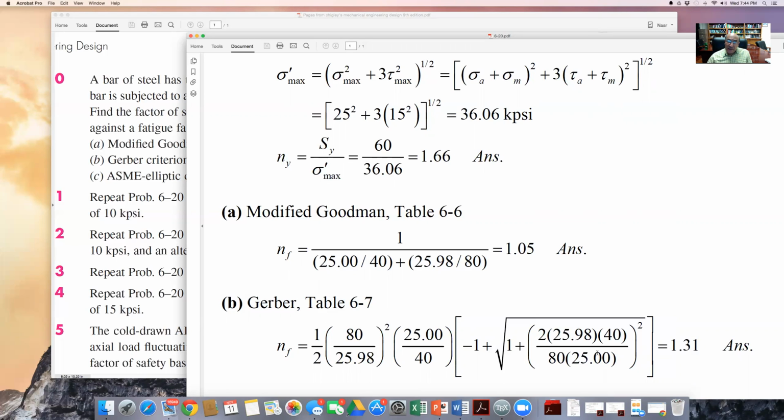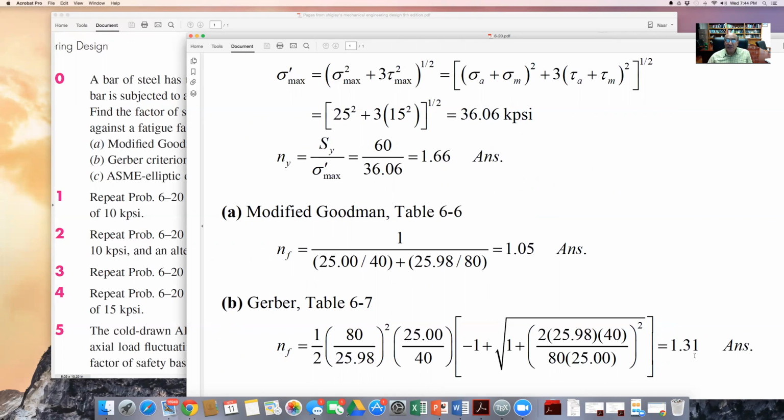So when you factor out the n, you have a quadratic equation to solve for n. In the book, the solution is already given in table 6.7, but on the test or by yourself, you can just rewrite the solution and solve a quadratic equation very easily, and solve it for the factor of safety for fatigue. And here it turns out to be 1.31,